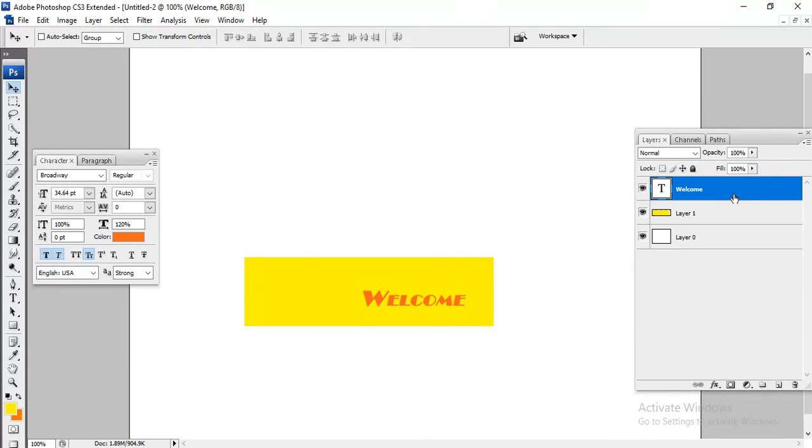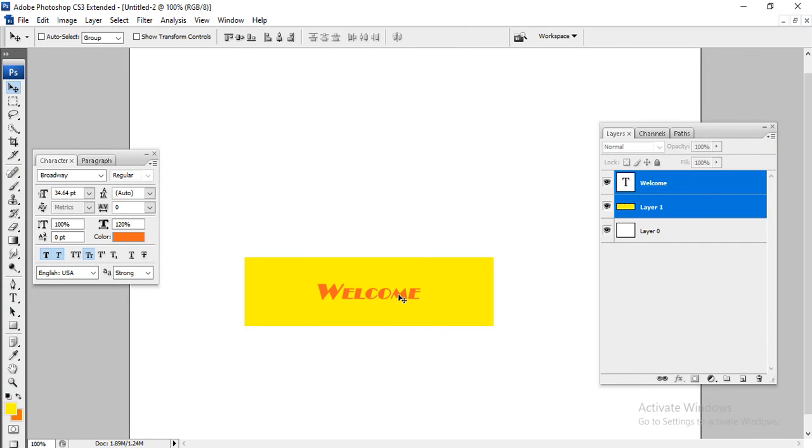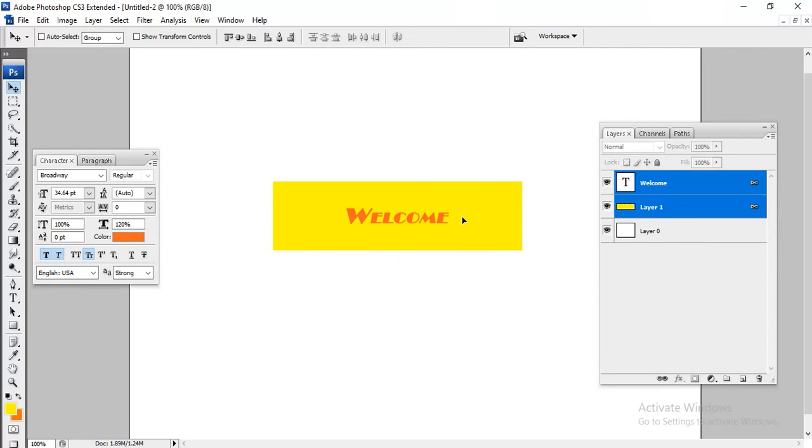Just as I told before, select the text and select the corresponding layer. You can see the options are enabled. Vertical center, horizontal center. Now it's done. And we also have another option: you can lock these two layers. If you are defining these two as always linked, the text and the background rectangle layer, you can lock them. It means you are locking both. Sometimes when you're doing other work, the alignment may change. In this case, if you lock, it will not. We can't touch anything. If you want to do anything, you need to unlock, and then we can do it.